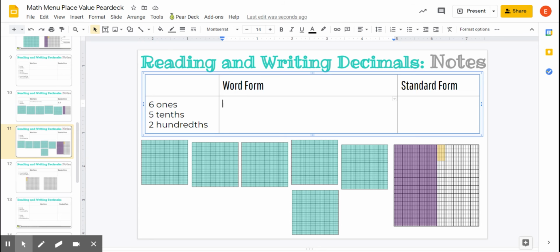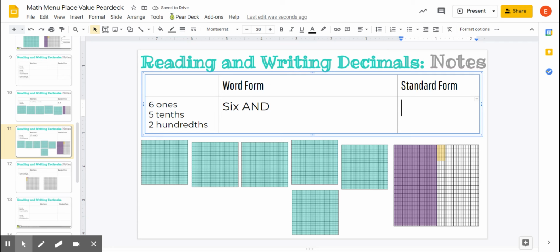So I would read that by saying that I have 6, and those are the wholes. Now I'm going to talk about my parts. So how many tenths do I have? Well, in the tenths place, let's see, I have 5 of them. But then I also have 2 hundredths. So I don't say 6 and 5/10 2 hundredths. I want to put those together, and then the words I say are really representing where I am